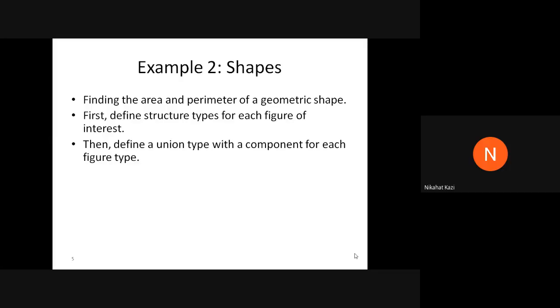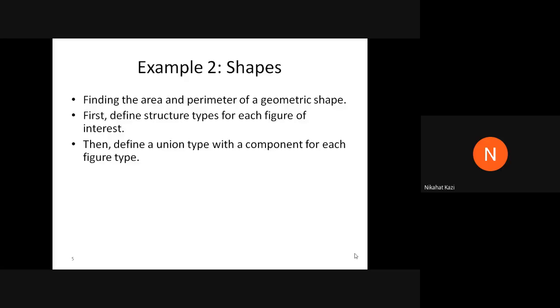For rectangle you will have area, perimeter, width, height. For square you will have area, perimeter, side. For circle you will have area, circumference, radius. So 3 shapes will have different parameters, and we'll have 3 different structures. That is the first step.